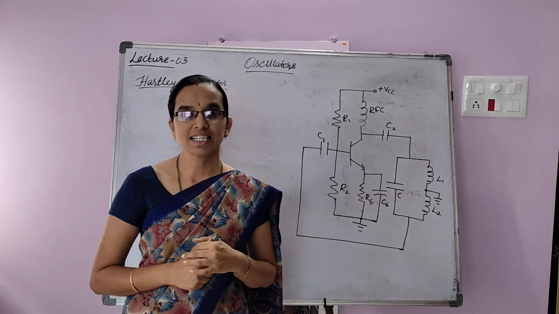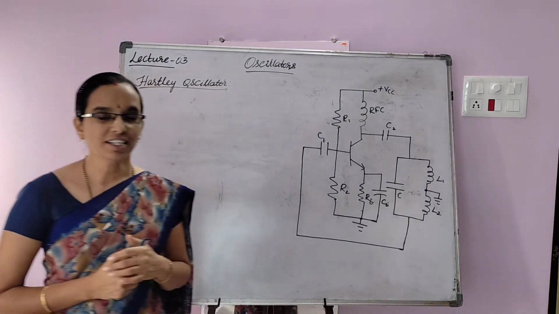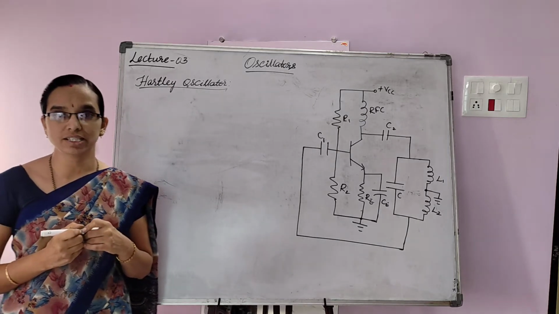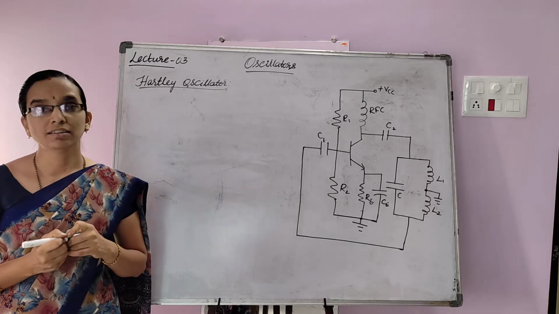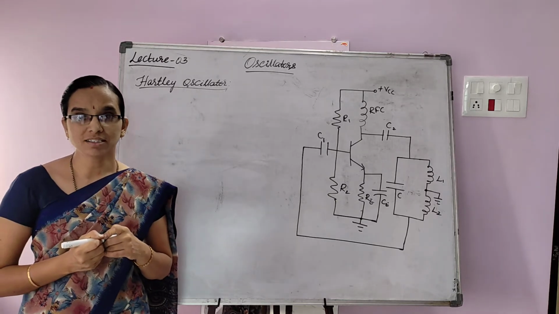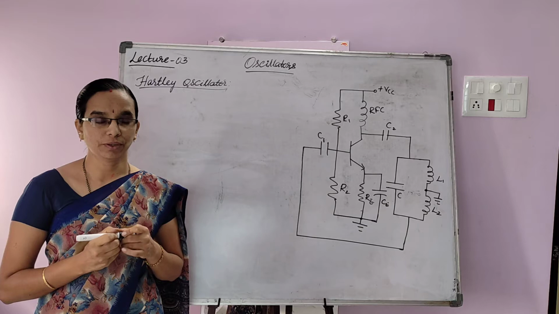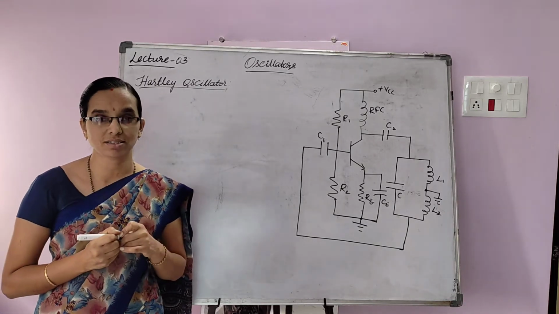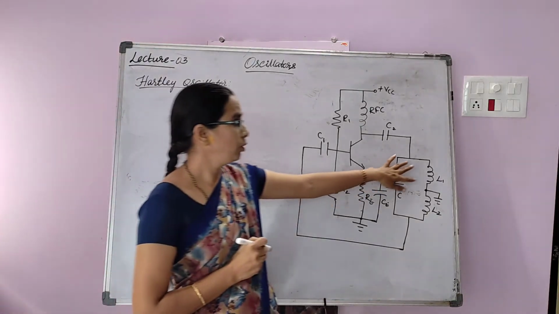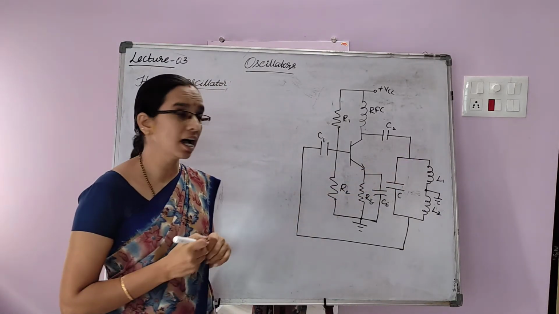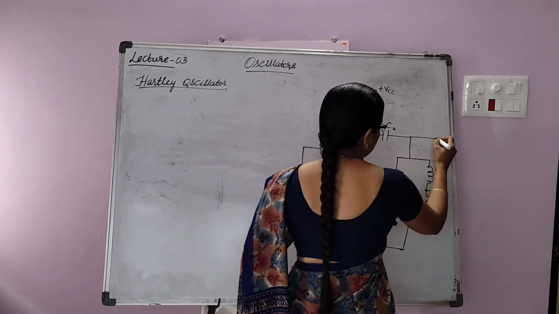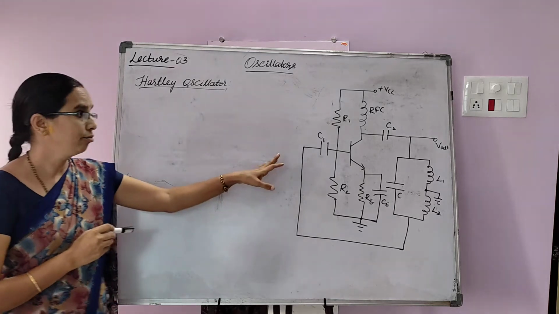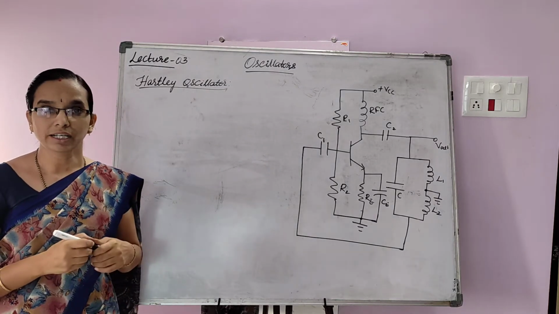Hello students, let us continue with the oscillators. In the last session we have studied the Hartley oscillator, which is an LC oscillator that uses an inductor and capacitor in the feedback circuit. The Hartley oscillator circuit uses only one capacitor and two inductors, where the potential across L1 is taken as the output